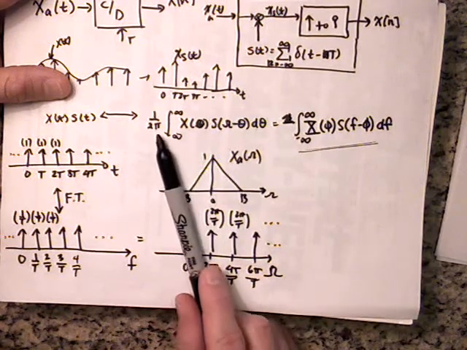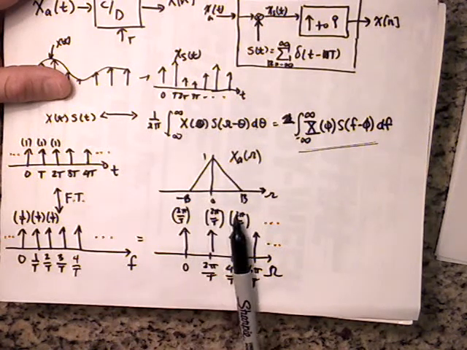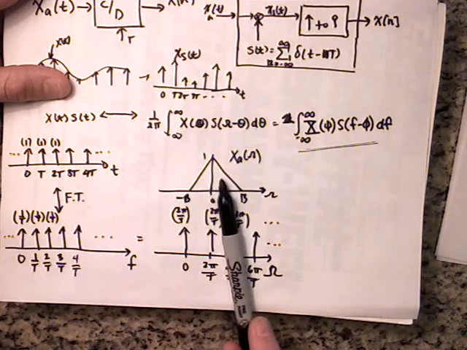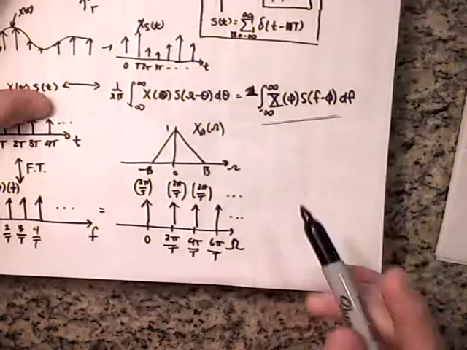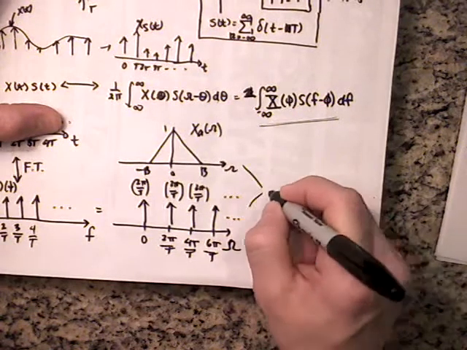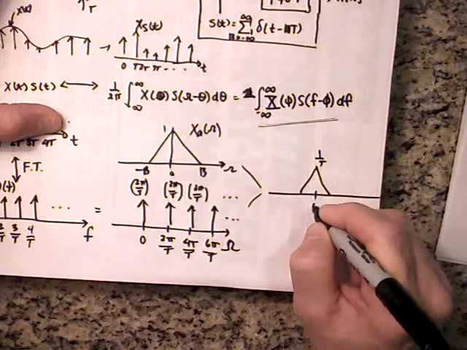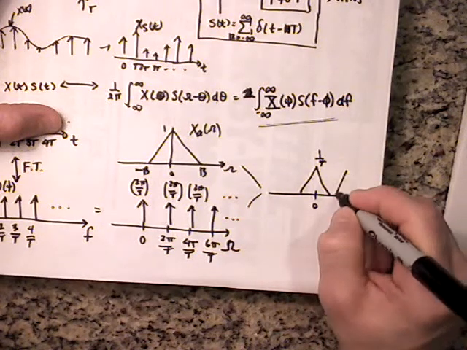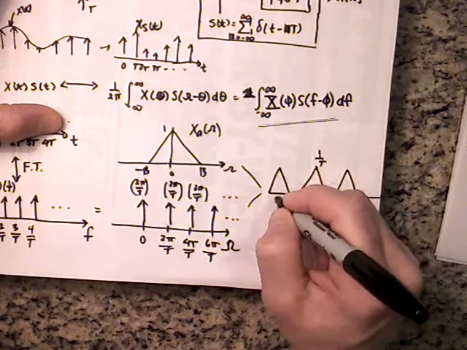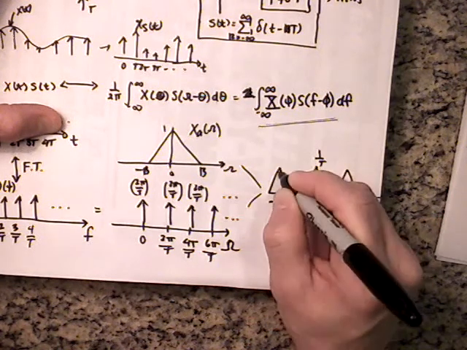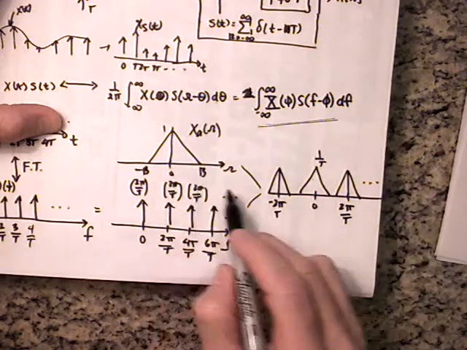Now there's a 1 over 2 pi times the convolution, so these 2 pi's will go away, and I'll end up with 1 over T times copies of X_a(omega) every 2 pi over capital T, which is exactly what we expected to get. When I convolve those, I'll get 1 over T, and I'll get another copy at 2 pi over T, another copy at minus 2 pi over T, and so forth. Now this was band limited to B. This is still